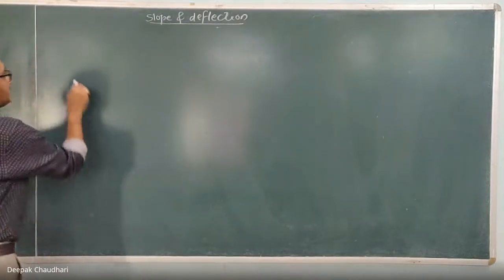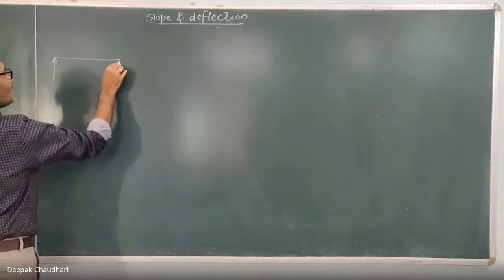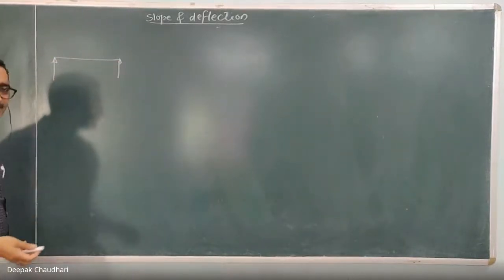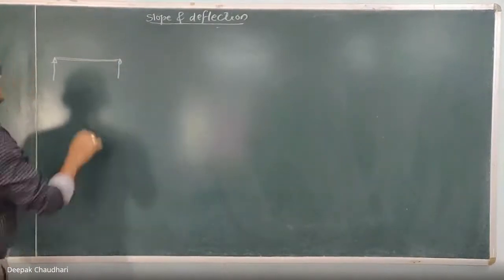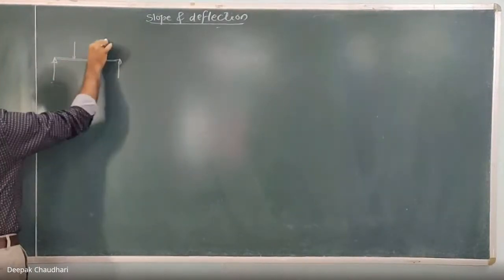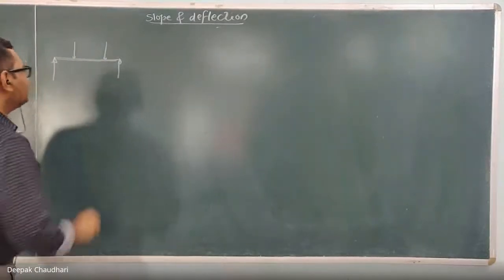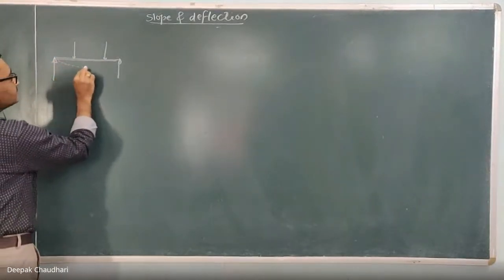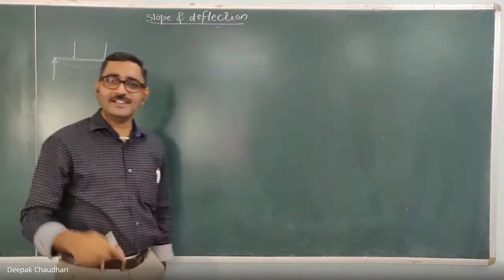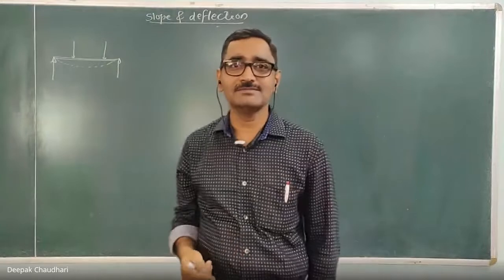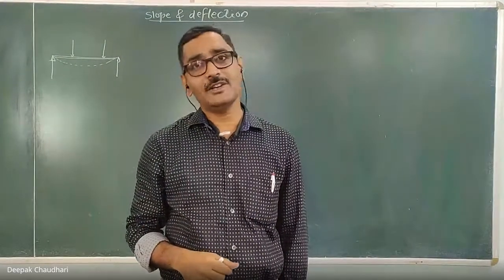All of you know that whenever any horizontal member of a structure, or you can see it as a machine, normally we consider it as a beam. When it is subjected to some lateral loading, because of the elasticity of the beam material, the beam will deflect. This is a very exaggerated deflection. In actual practice also, if you observe this beam, it is deflected because of the lateral loading.